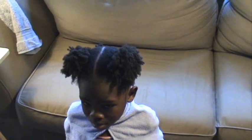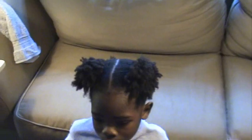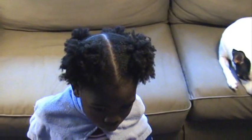Today I'm going to demonstrate how to do crisscross cornrows. To start this hairstyle, I have divided her head into 4 parts. I started by doing a part from one ear to the other ear so that I would have a front section and a back section. And then I parted from her forehead down to her neck so that I would have a left side and